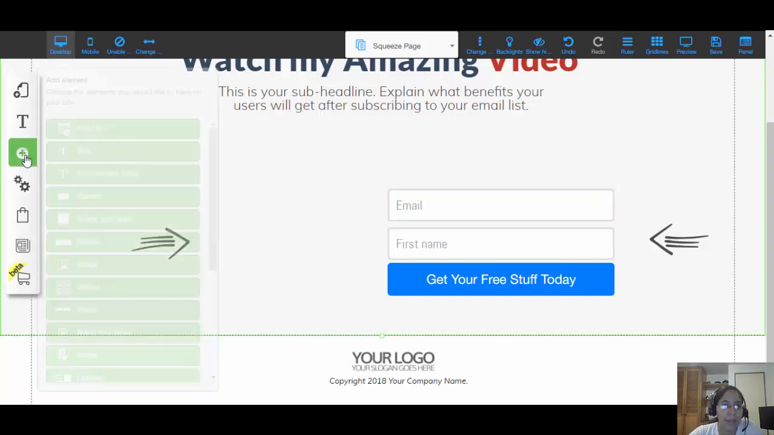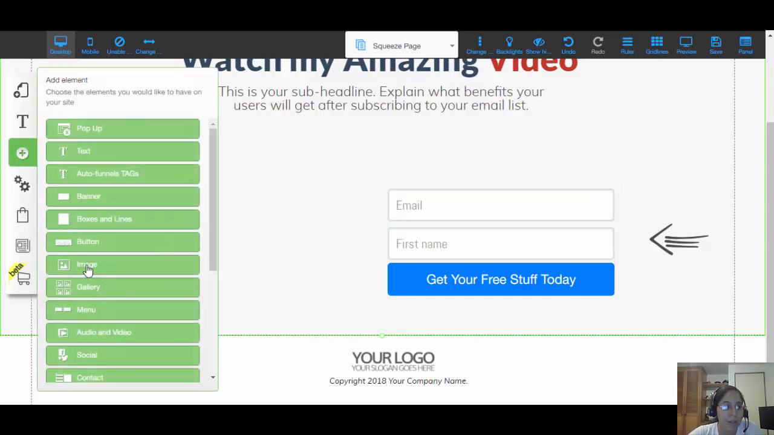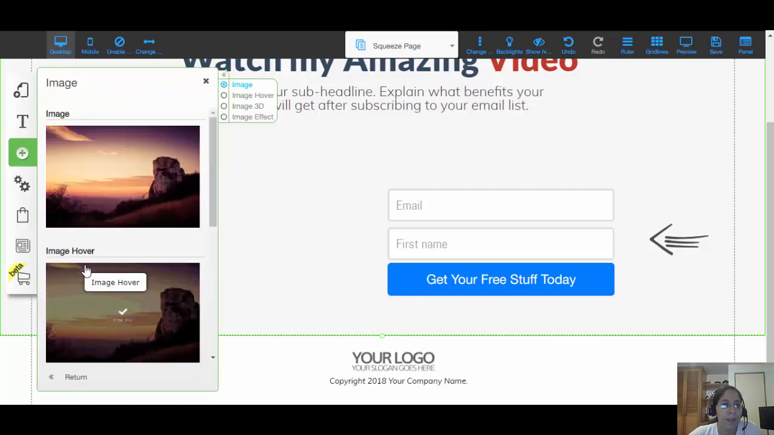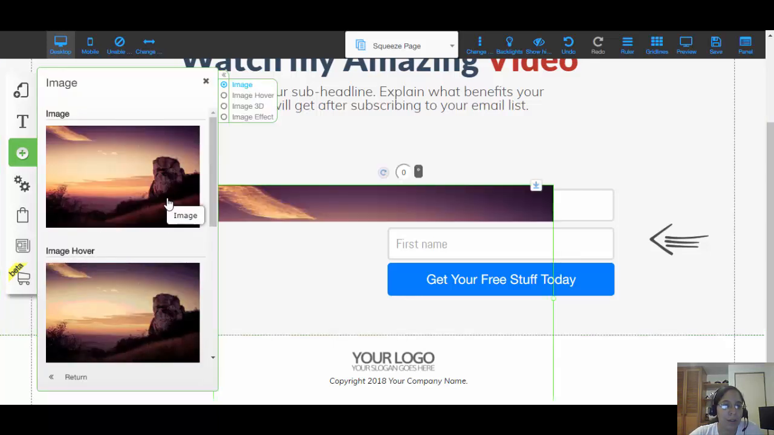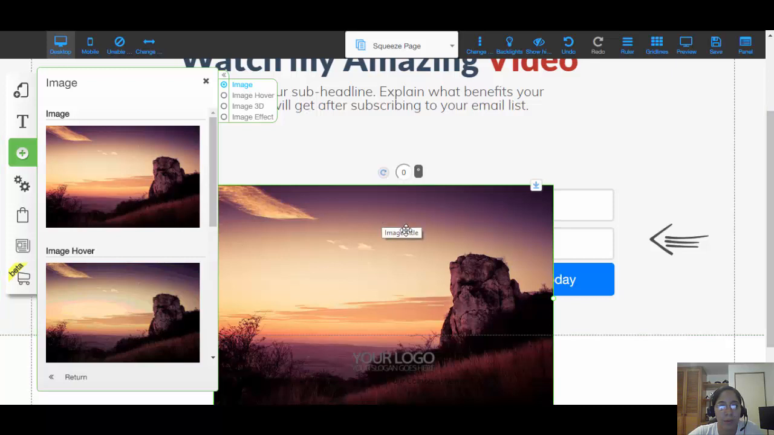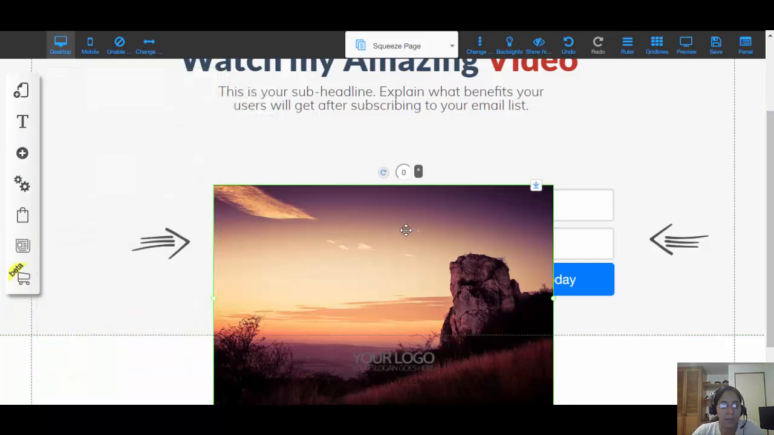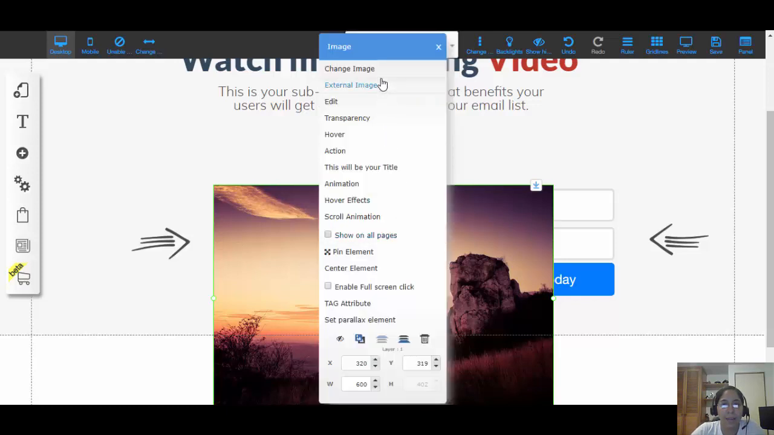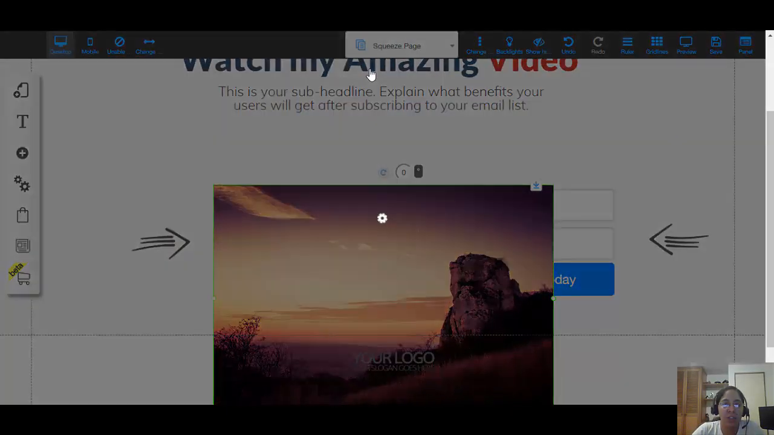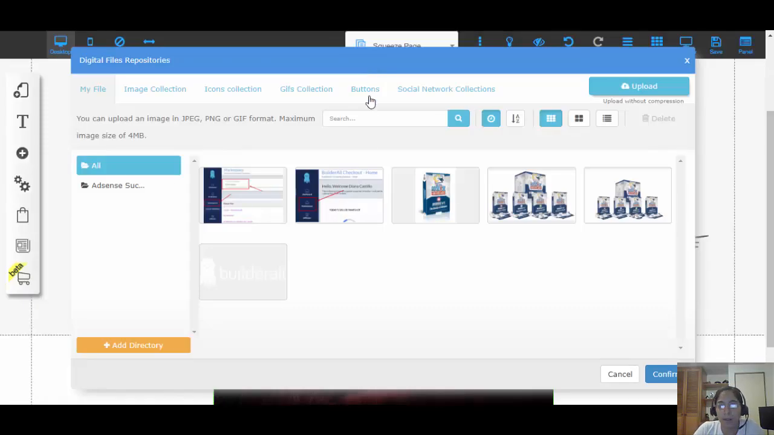If I want to add an image, I click here and then click where it says image, and boom, I have an image, but this is not the image that I'm looking for. So I click on it, right click, and click where it says change image. Again, here on my menu,